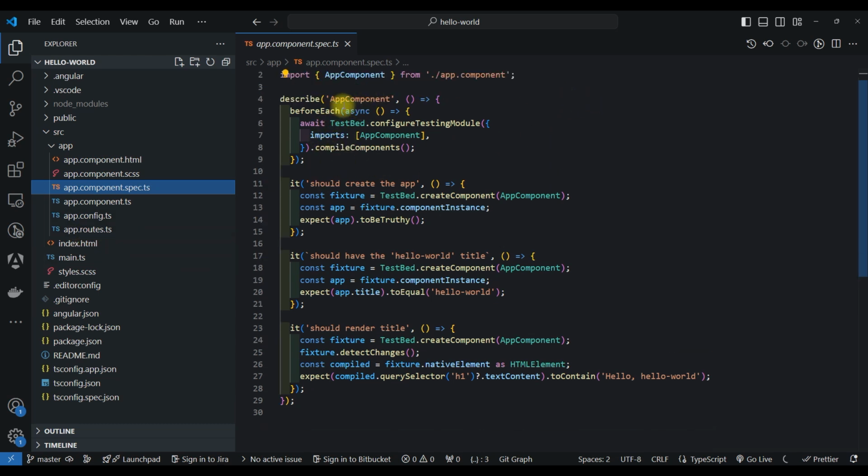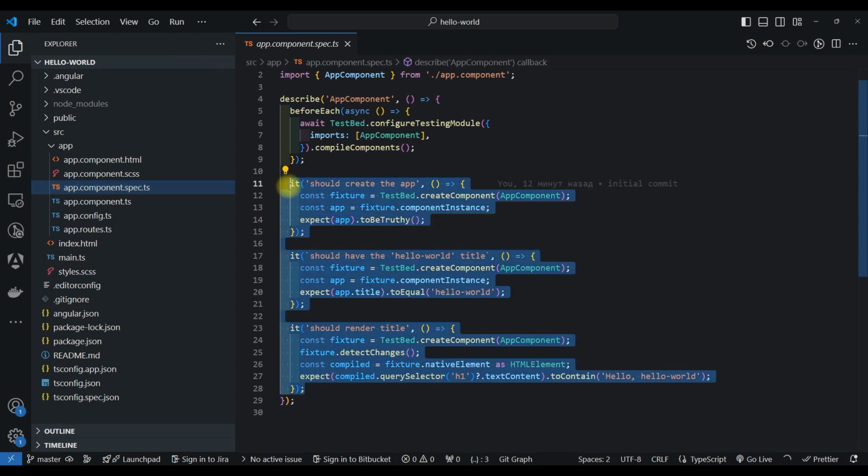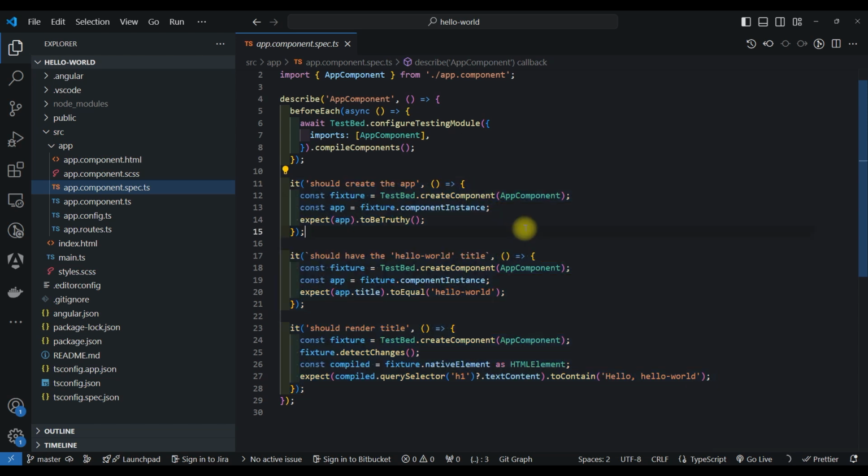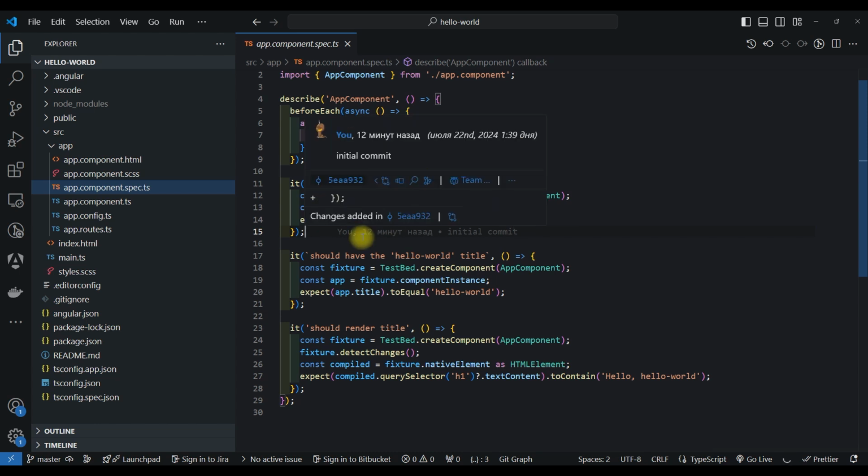Describe app component, and as we can see, should create the app, should have the hello world title, should render title. We have three tests. They are unit tests. We already saw these tests,